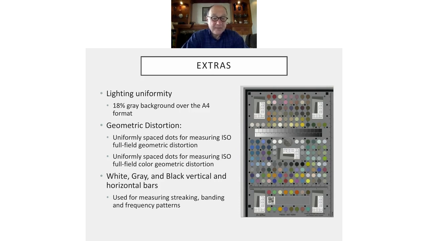And finally, we have white, gray, and black vertical and horizontal bars. Those are very useful for measuring streaking, banding, those types of artifacts